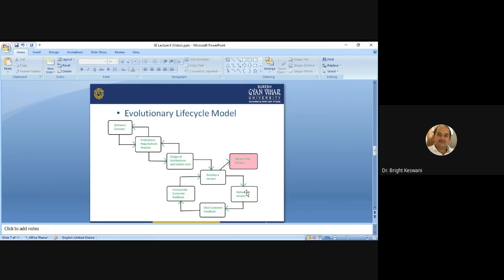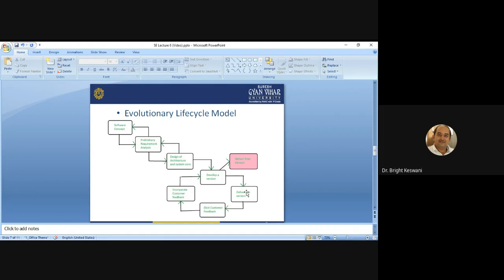So when evolution is going on, we can get changing requirements from the client,